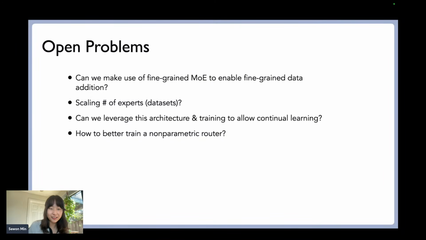Finally, this is a more technical problem, but how to train a better non-parametric router is a big issue. As I mentioned earlier briefly, we found that still a lot of error cases come from suboptimal router decisions. The main reason is that the router was trained to choose from 2 experts, but at inference time it has to generalize to many experts. So how can we have a better training method that can improve this generalization aspect can be an interesting open